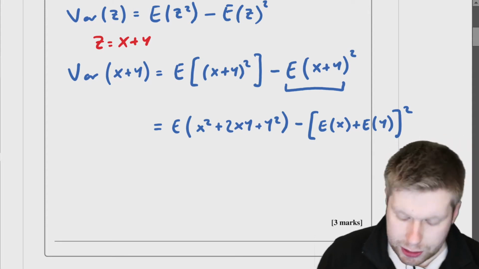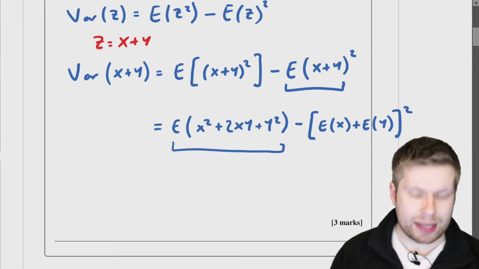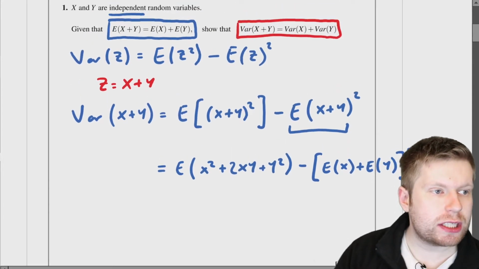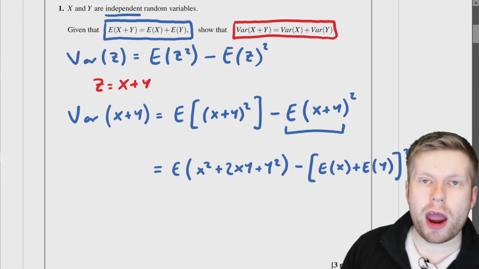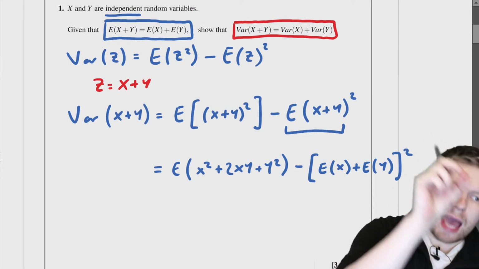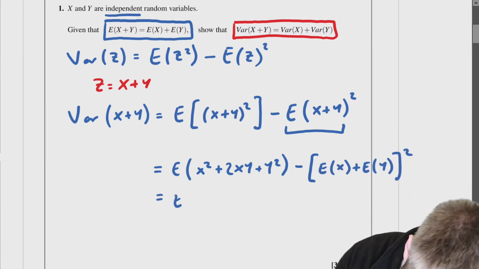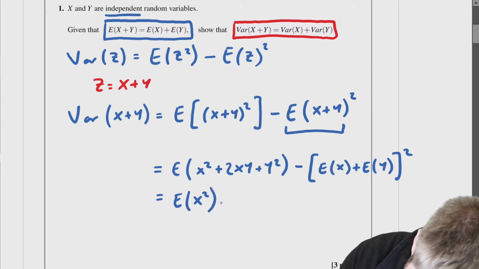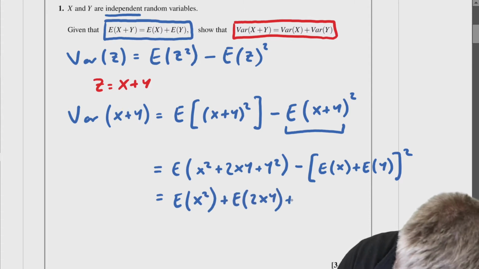Now let's think about this. I've got the expectation of loads of things being added together here. Well, just using the fact which is given in the question, if I have the expectation of a sum of random variables, that should just be equal to the expectation of each random variable added together. So that should just be equal to the expectation of x squared plus the expectation of 2xy plus the expectation